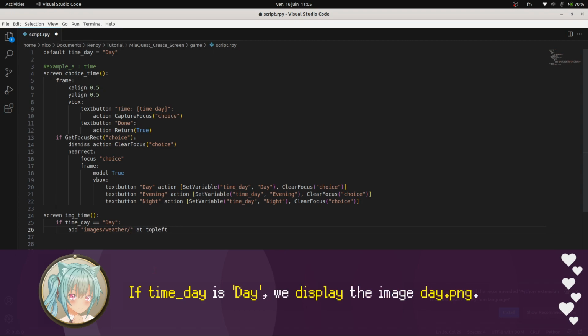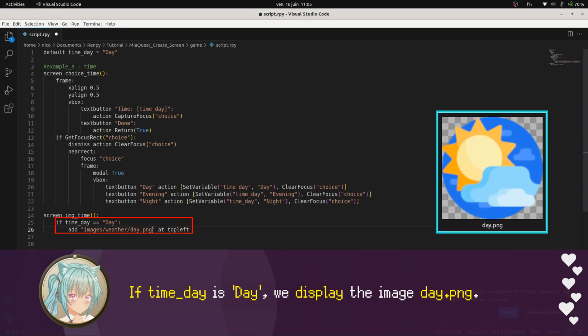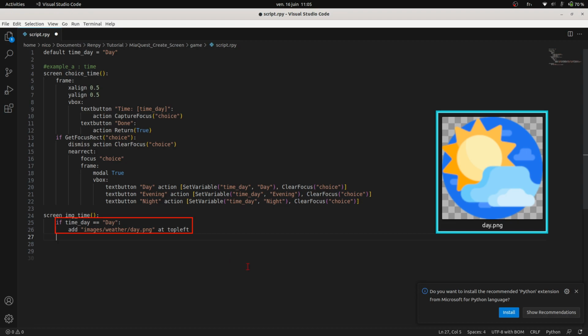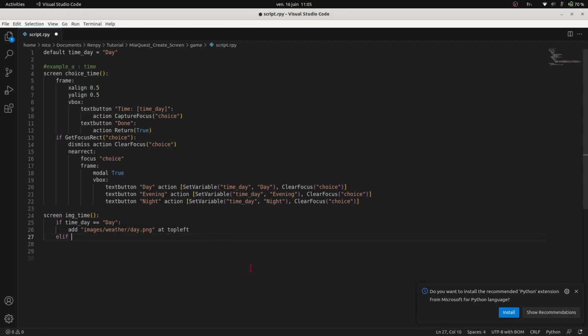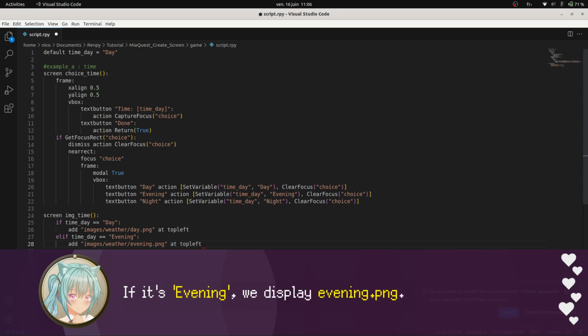If time_day is day, we display the image day.png. If it's evening, we display evening.png.